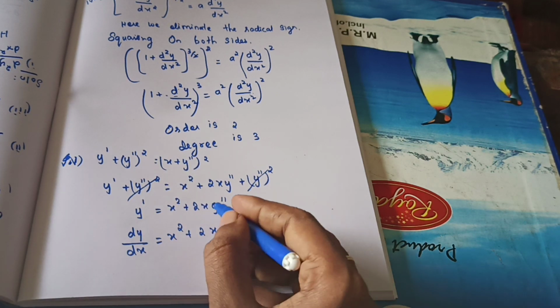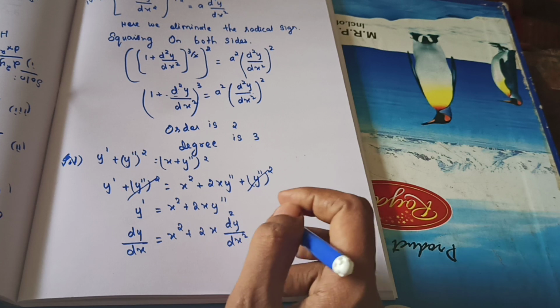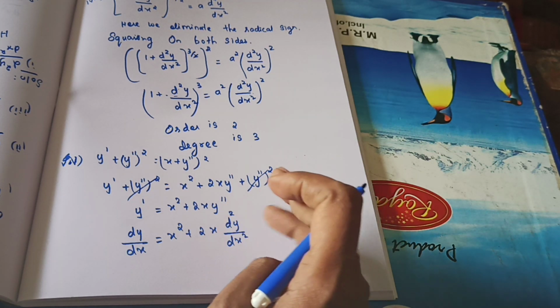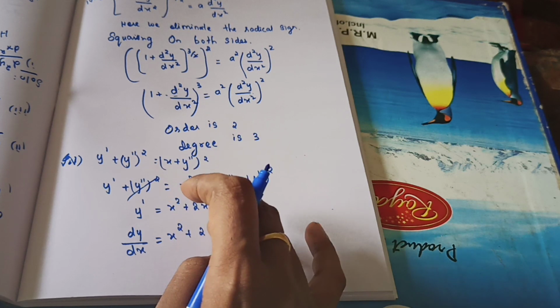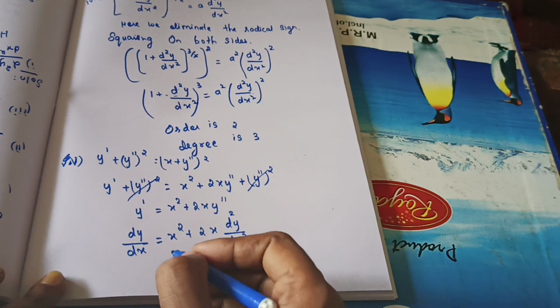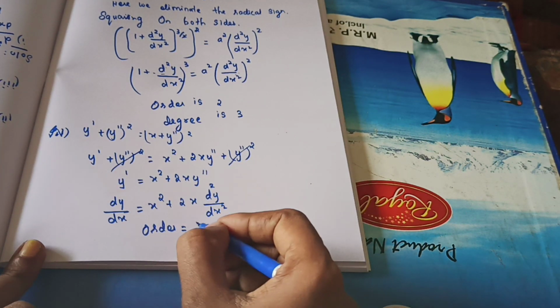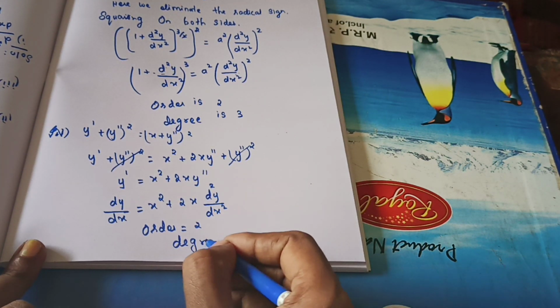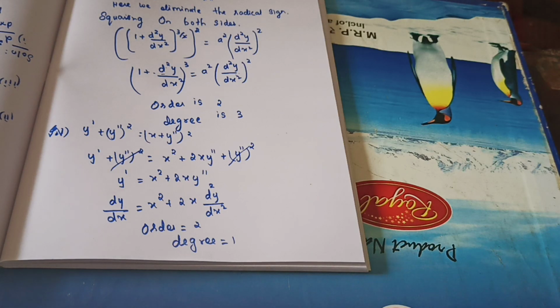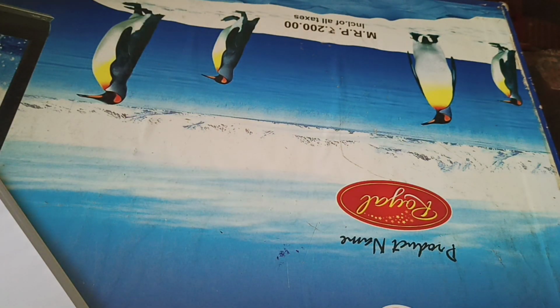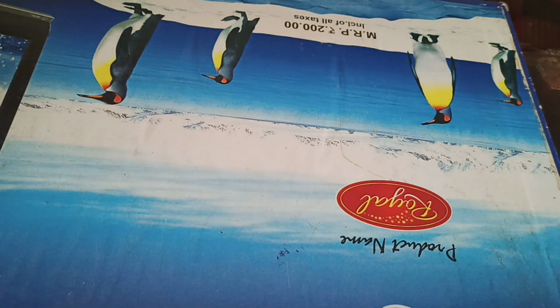Have you got it? So y double dash means d square y by dx square, y triple dash means d cube y by dx cube. This you have learned last year. So y dash means the meaning is dy by dx. So now what's the order here now? Highest order derivative 2. Okay. What's the degree? 1. Okay. So it's another very easy one. Okay. Let's move to the next question. One more Roman is there. Is it right? So we'll complete that one now.